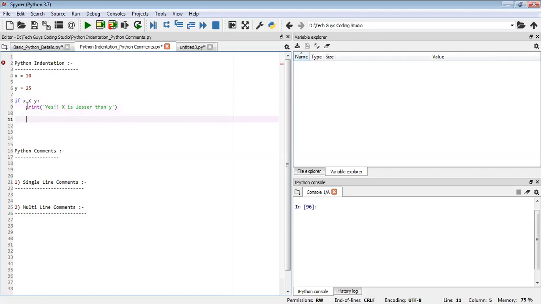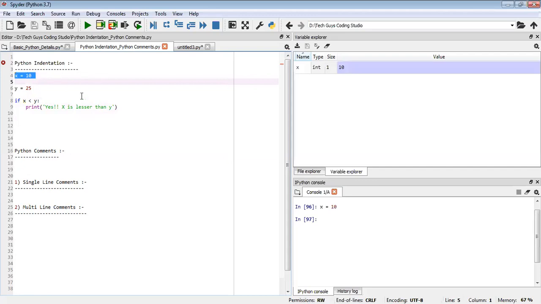Okay, now I'll save it and execute. As I told you yesterday, we need to put the cursor here and select x is equal to 10, and as soon as I select and enter, on the right hand side you can see x is equal to 10 is executed. In the variable explorer, the variable name is x, type is int, size is 1, and the value of that variable is 10.